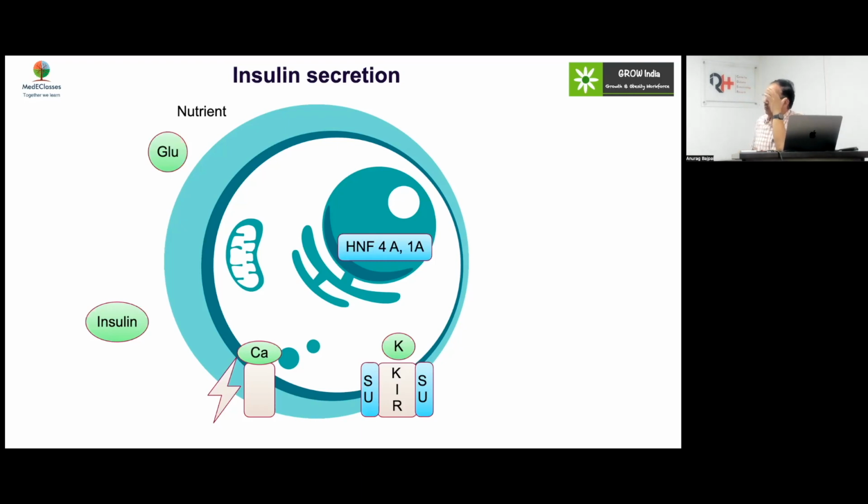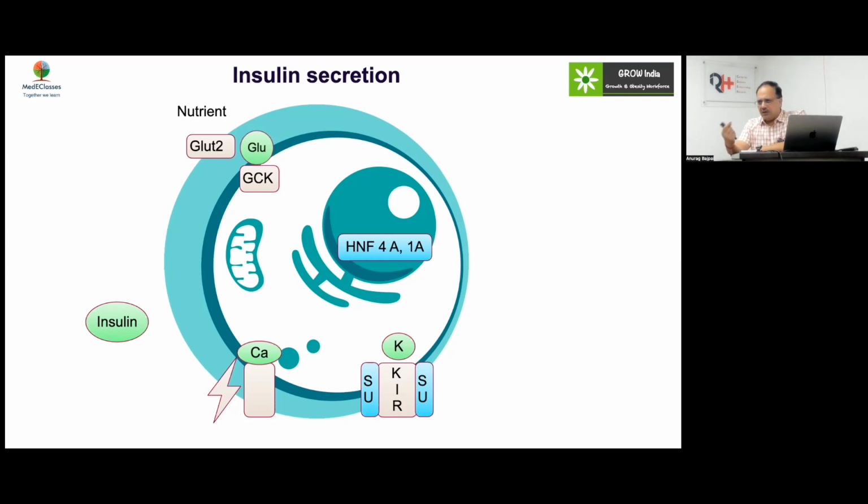So nutrients, you may have glucose which enters via GLUT2, and then you have got a very specific form of enzyme which is glucokinase. Now, if you remember the glycolytic pathway, every cell has hexokinase. But pancreas has got specifically a glucokinase. Glucokinase and GLUT2 act as a sensor of your levels of glucose. Higher the GCK activity, higher the glucose level.